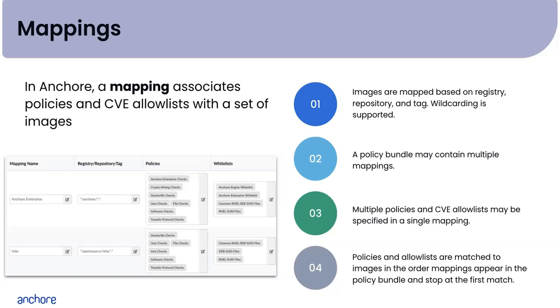So you're able to go into the policy section and apply a certain set of policies to one application, which we specify here in this registry and repo tag. And that's it, right? Once you select that from the drop down, those mappings are applied appropriately, right? So we can actually take a look at what that looks like in our enterprise